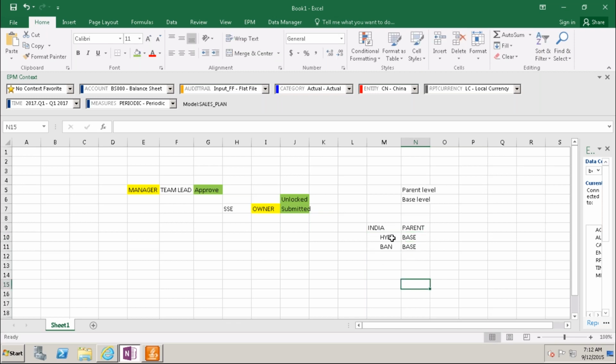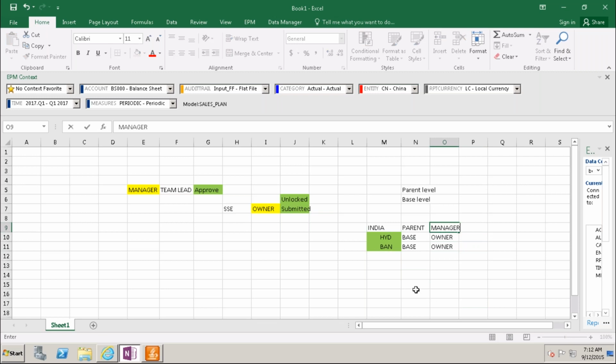So for Hyderabad and Bangalore we can provide access to the owner. This access I will assign to the owners. If I assign to the manager here,